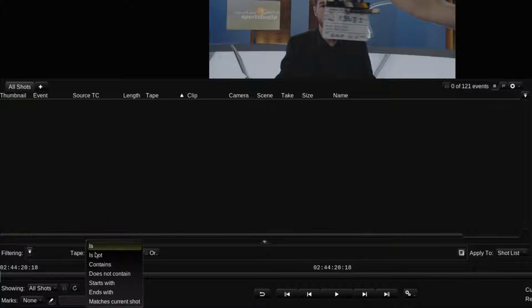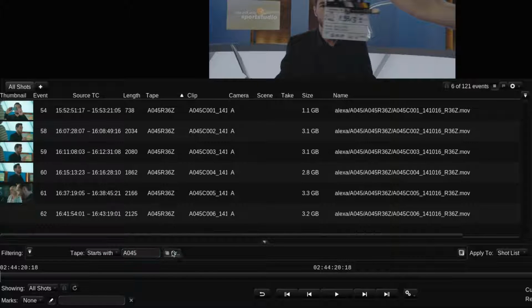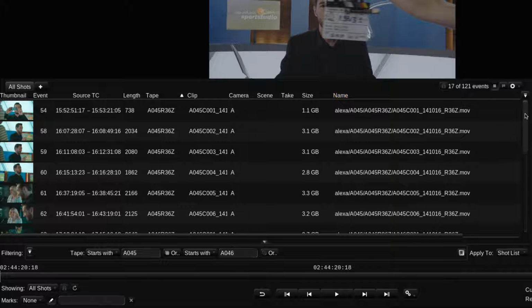We can do that using the starts with or contains option. We can select multiple matches using the OR function. For example, tape IDs which start with A045 or A046. Our filtered list now contains these 17 shots.